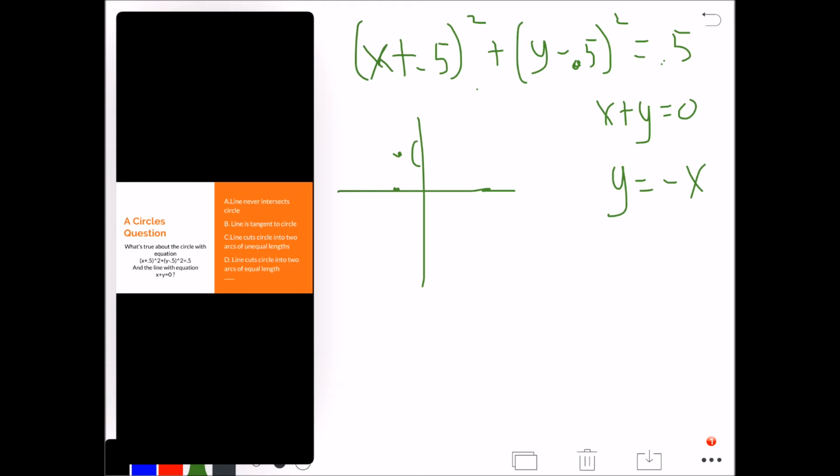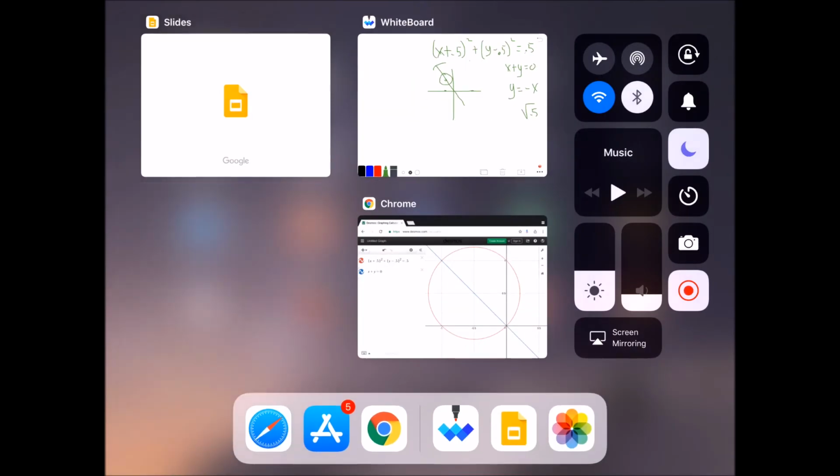Then for the radius, the right side is always r squared, like (x − a)² + (y − b)² = r². So 0.5 is your r squared, and to find r you take the square root of it, so r = √0.5. You draw the circle around that center, add the line, and you get a bisected circle. It's kind of hard to show if I just do it on here, so